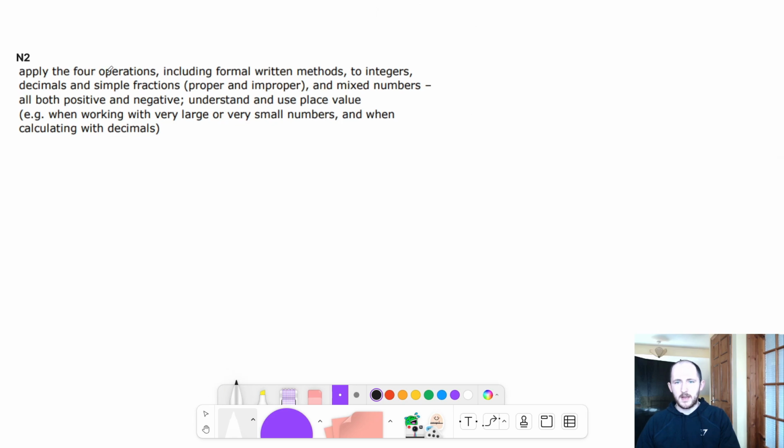You then need to be able to apply the 4 operations to integers, mixed numbers, and fractions. So in my opinion, integers should be fine. Decimals should be okay as well. But for mixed numbers, just remember, adding is fine, you don't need to do this. But the easiest thing for you to do for multiplying and division is to change